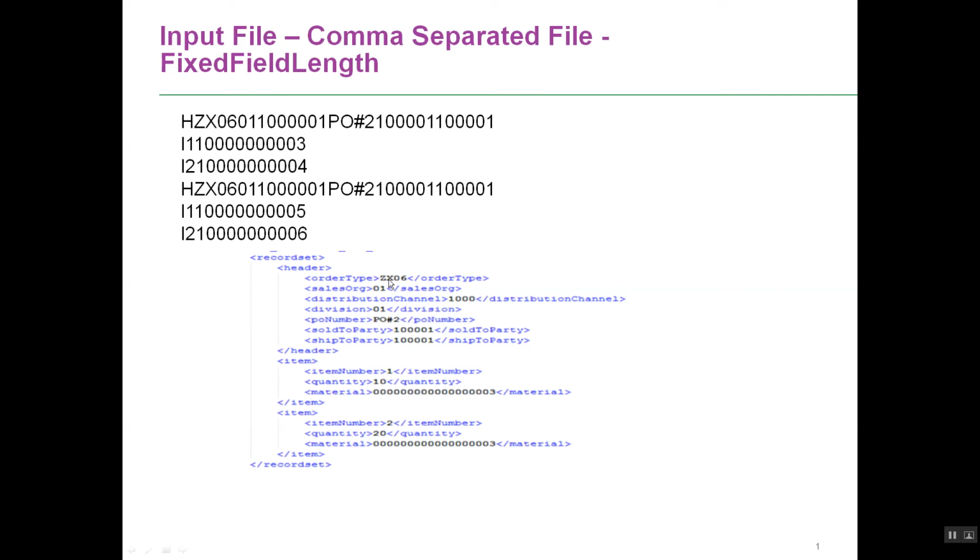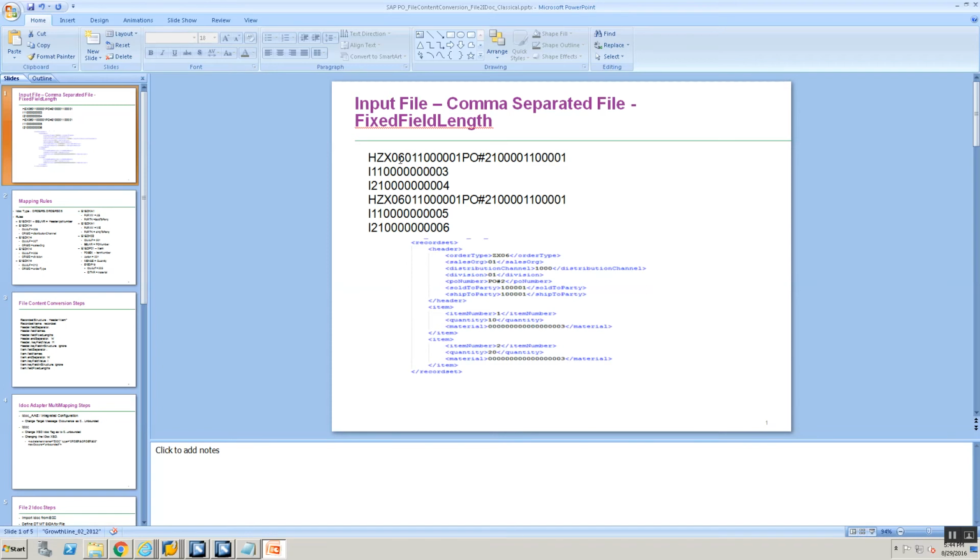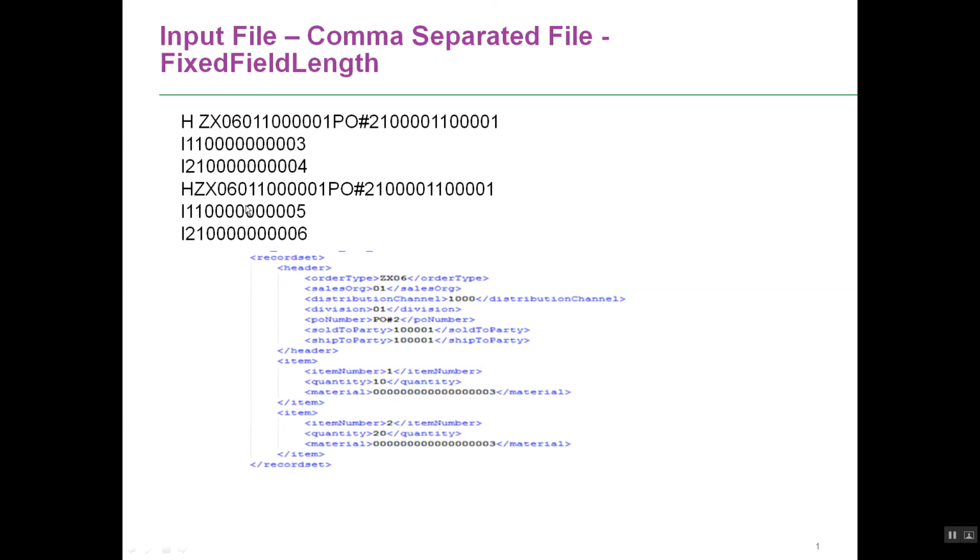So it could also be a case where, while here the order type is ZX06, your order type could actually be ZXO, right? So in that case, you will have an extra space. Basically, even if the field has a maximum field length, if the field does not occur, it can also have blanks, like 1, 2, 3, 4. These 4 blanks denote that the order type is blank, and so on. So a fixed field length file is nothing but a file where all the fields have fixed length. In this case, our input file is going to look something like this.